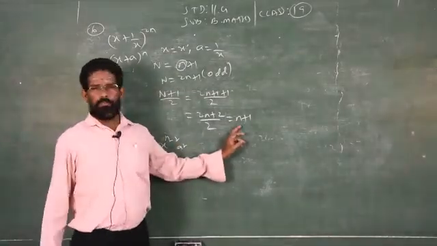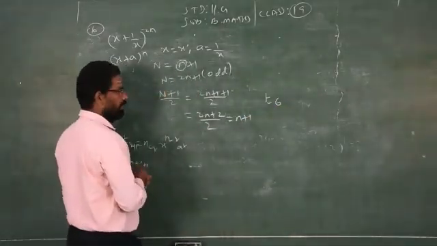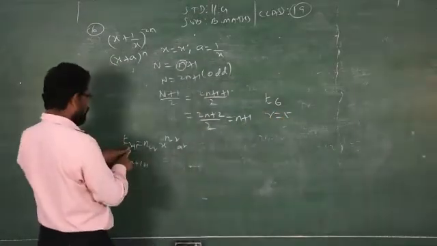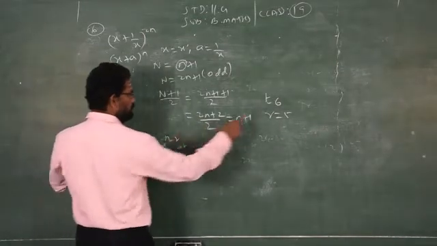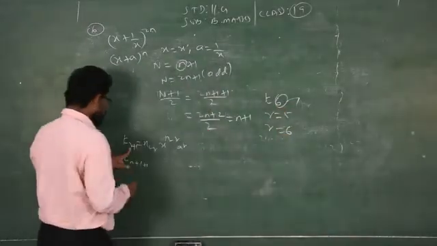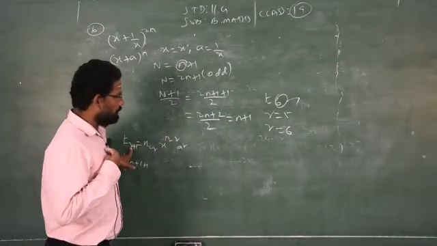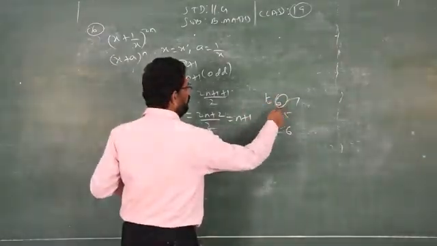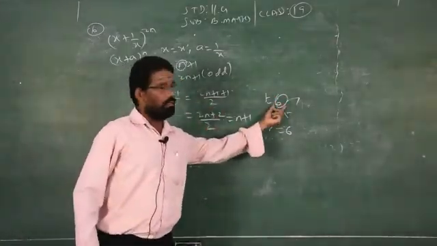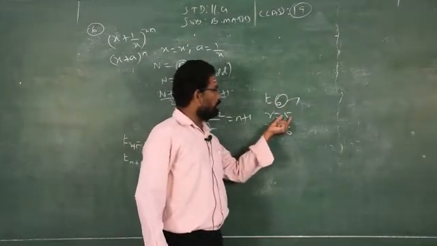But I need only which term? T n plus 1. Suppose I like to find out T6, I have to replace r by what? 5. Replacing r by 5, 5 plus 1 is 6, I will get T6. If I replace r by 6, 6 plus 1 is 7, I would get the 7th term, but I don't want the 7th term, I need only the 6th term. To find any term of the binomial expansion, you have to take the predecessor of the given number. So what is the predecessor of 6? 5. So you have to replace r by 5.